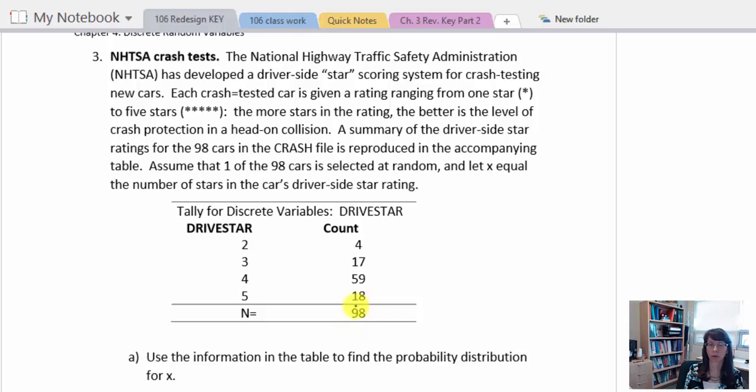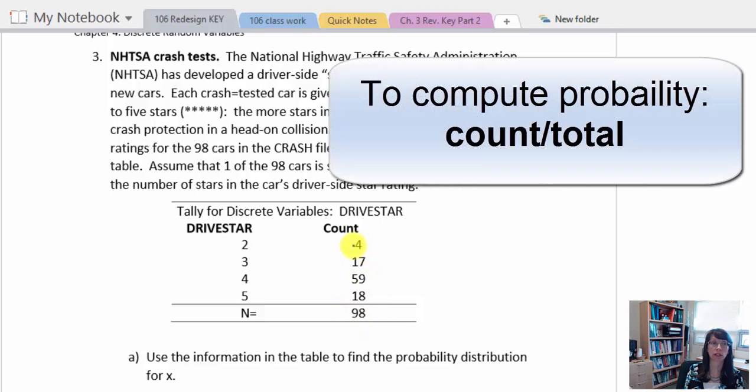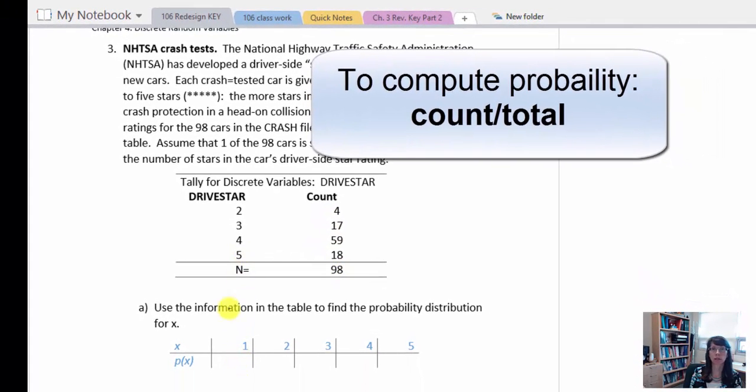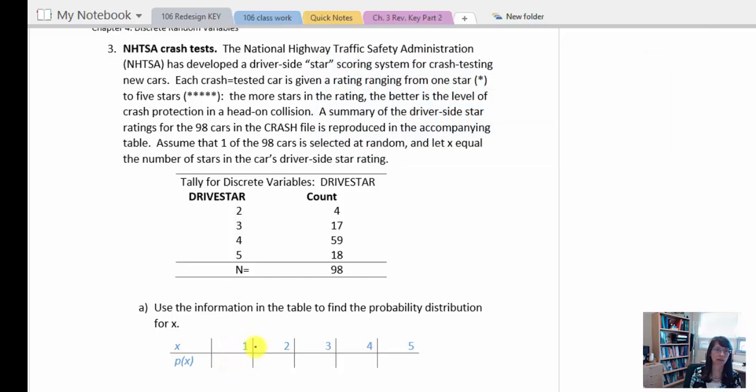So since we know the total, we can come up with the probability for each of the driver stars. A rating of 2 stars, there were 4 in the count. So 4 out of 98 will give us the probability. Notice in the table that I've started, I have a star rating of 1. We don't have any ratings of 1, so that probability would be 0. For a star rating of 2, that is determined by taking 4 divided by the total of 98. So I'll add a new column called probability. 4 divided by 98 equals our probability for 2 stars, and that is